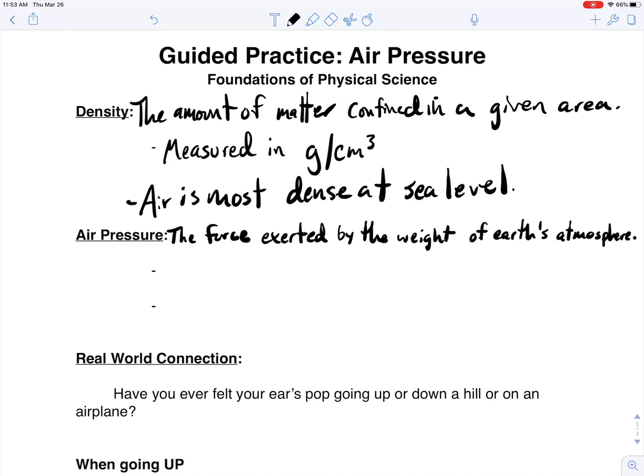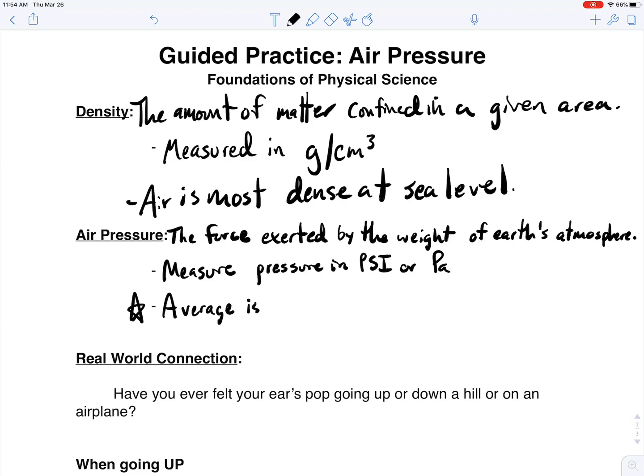We don't necessarily perceive it very often because our bodies are calibrated to kind of live here at sea level on Earth, where we experience a pretty steady pressure. So we measure pressure in PSI, or another unit called the Pascal. Pa is our metric unit for pressure. And this is an important thing to know. I'm going to put a star next to it. The average is approximately 15 PSI at sea level